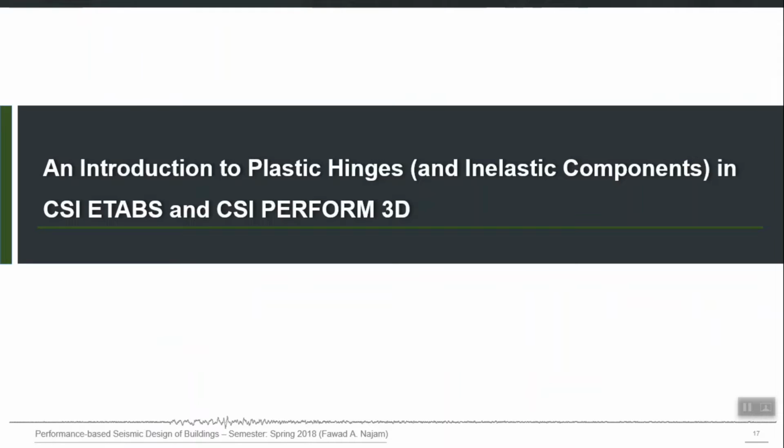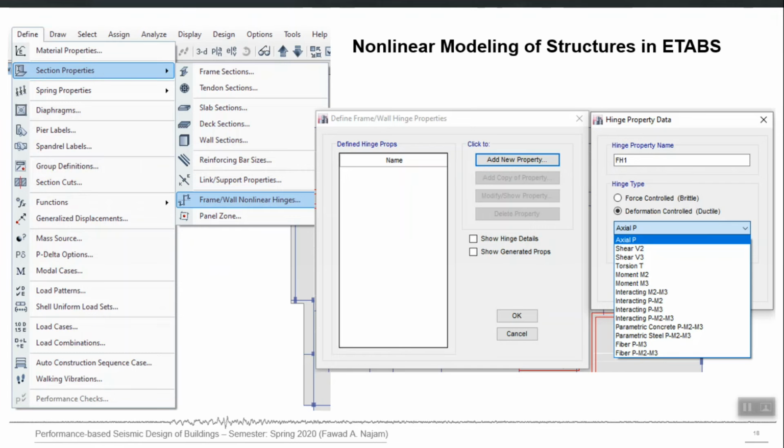So now let me go to, for example, ETABS first to show you what are different types of hinges available and what input they take, right? Now you have a rough idea, so let's see that directly in ETABS also. If you go to define in ETABS, section properties, and then you have the frame wall nonlinear hinges, and